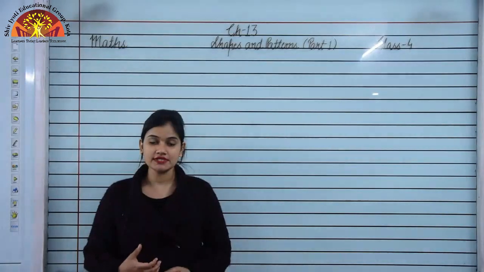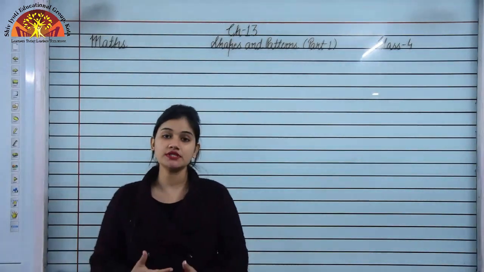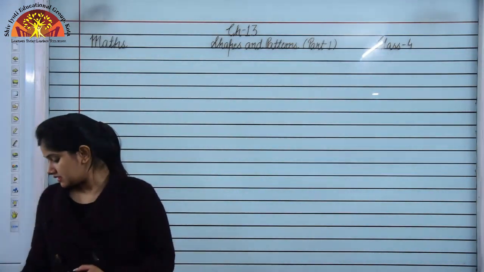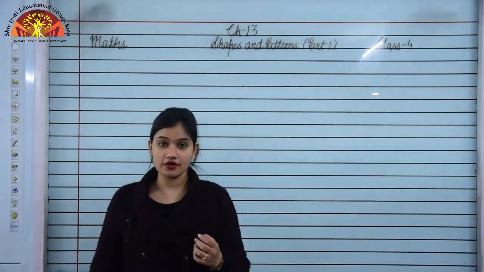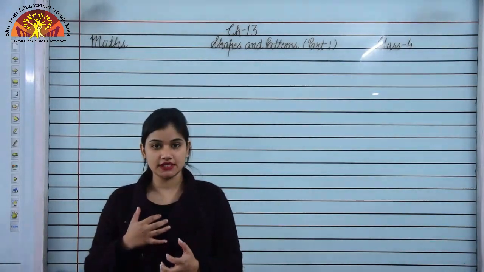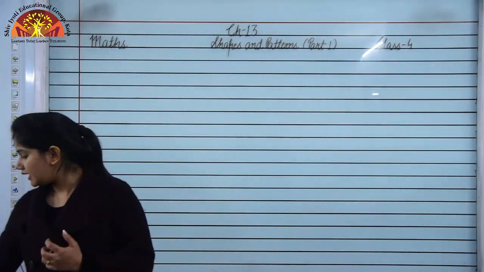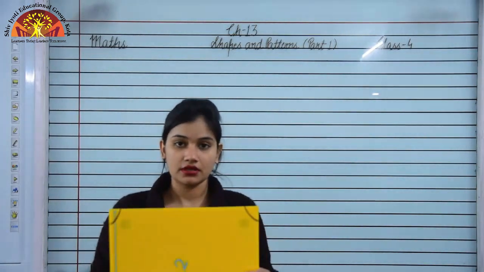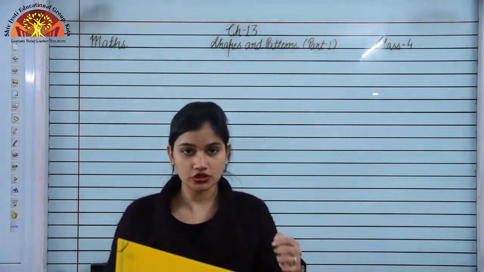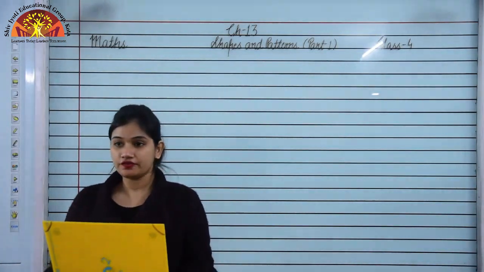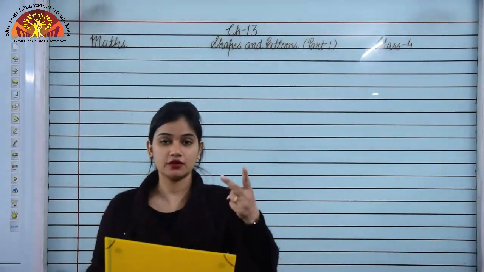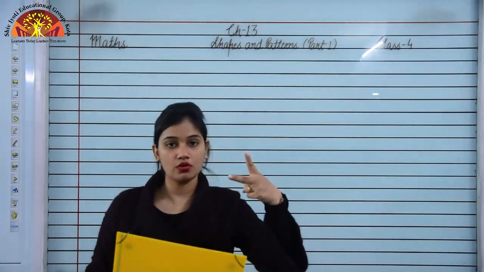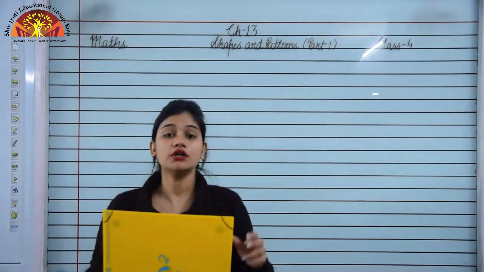So students, now we will start exercise 13.2, and before starting this exercise, I would like to tell you about solid shapes. So we have seen a triangle, we have seen a rectangle. In triangle and rectangle, we have seen length and breadth, right? Length and breadth, it means lambai and chaudai. Is it clear? So we have seen two-dimensional figures, it means two dimensions. First is length, the next is breadth. Okay, so these shapes are called 2D shapes.